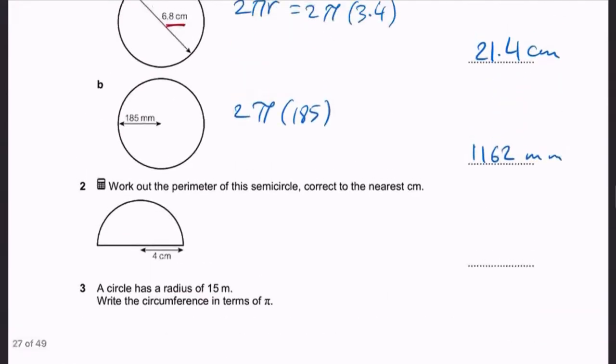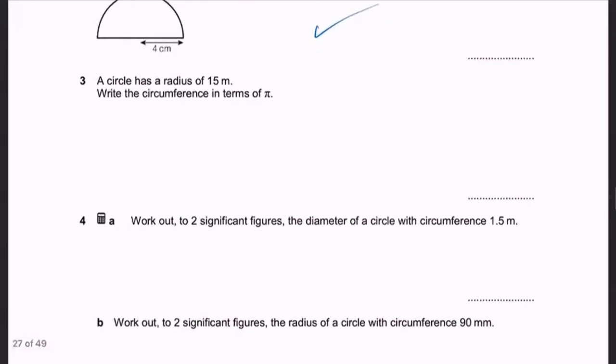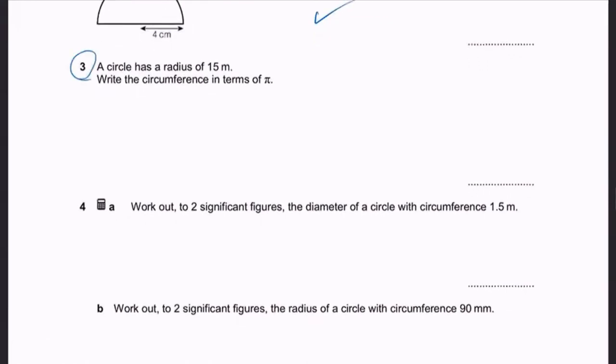Okay, work out the perimeter. دي خلاص finished. Okay, I'm talking now number 3. A circle has a radius of 15 meters. Write the circumference in terms of pi. طب يعني هو بيقول لي ايه؟ Don't substitute pi by any number. So the circumference is 2 pi r, which is 15. So 2 times 15 equals 30 pi. He wanted in this form,